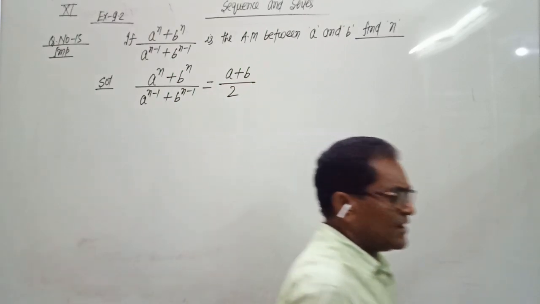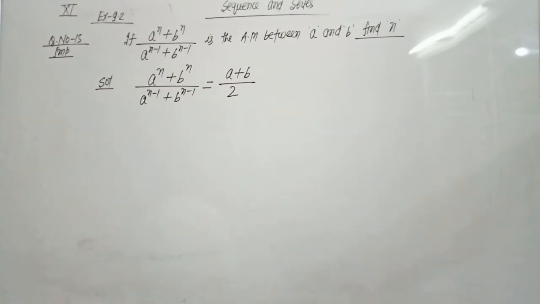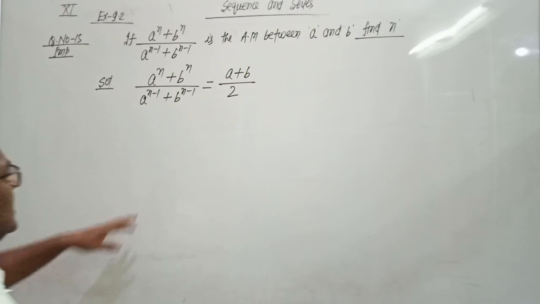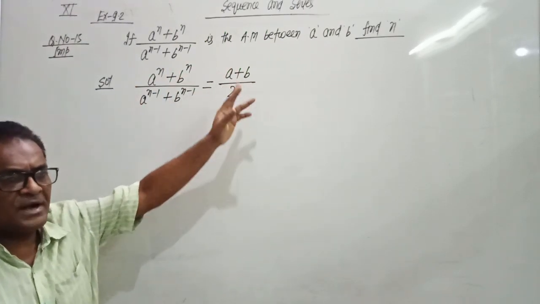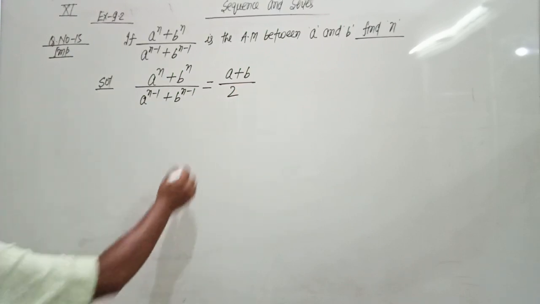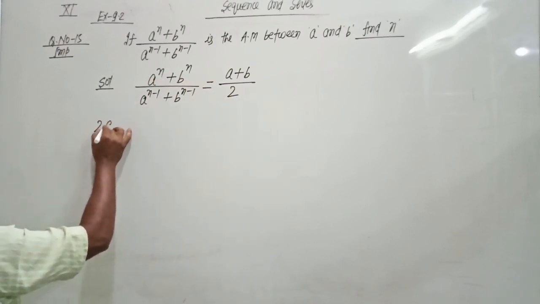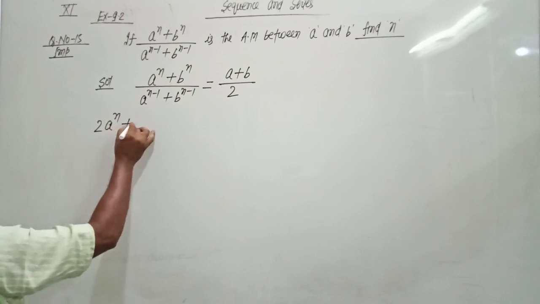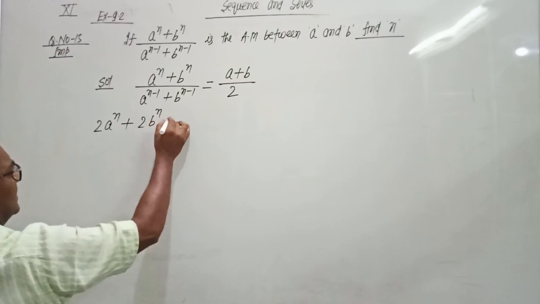And we know that the formula for the arithmetic mean between two numbers a and b is given by (a plus b) by 2. We are given that this is equal to the arithmetic mean. Now we do cross multiplication: 2 multiplied by both the terms. So 2 into a^n plus 2 multiplied by b^n equals